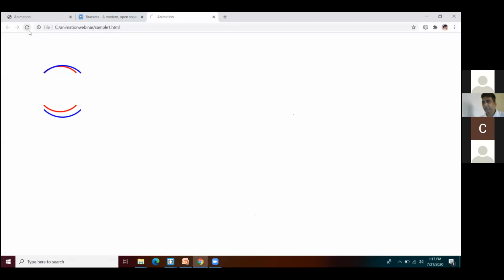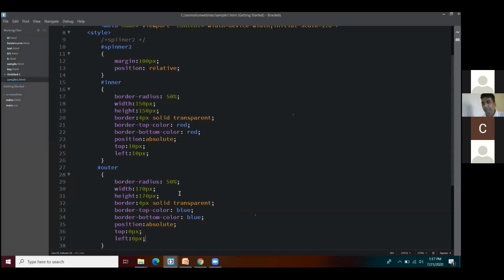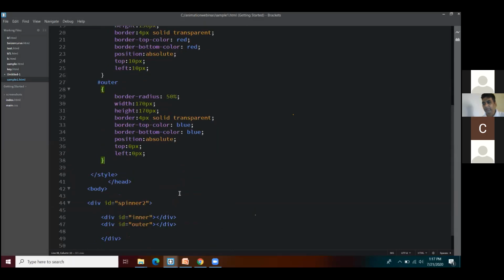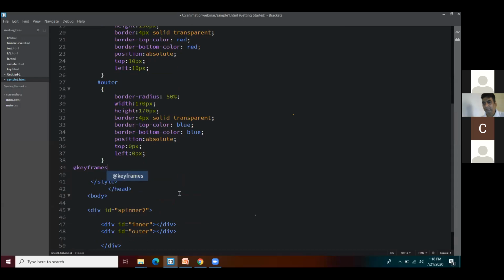So our circles are ready. Now, what are we going to do? We are going to spin them, right? Just now, as we have learned, a keyframe, which will be rotating from 0 degrees to 360 degrees. Repeat the same code which we have done. So how do we declare a keyframe? We'll follow the same thing as the previous keyframe that we have written. So I'm just going ahead with @keyframes, and I'll name the keyframes as turn, at 0 degrees.